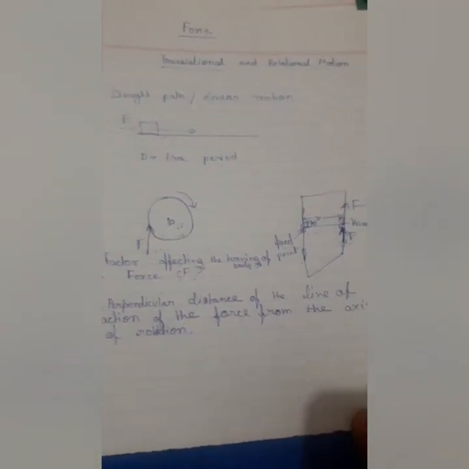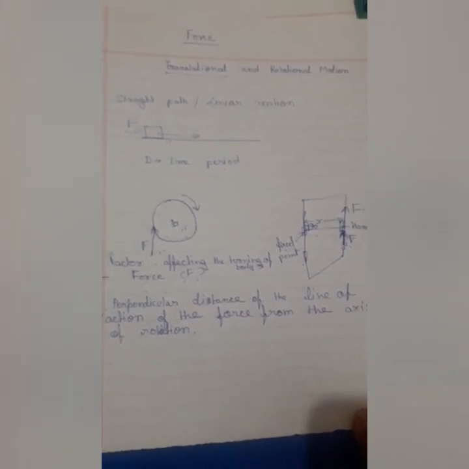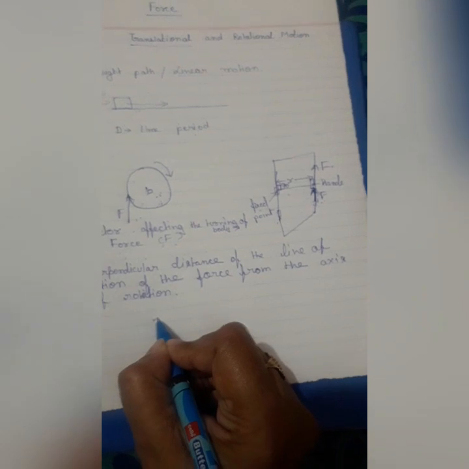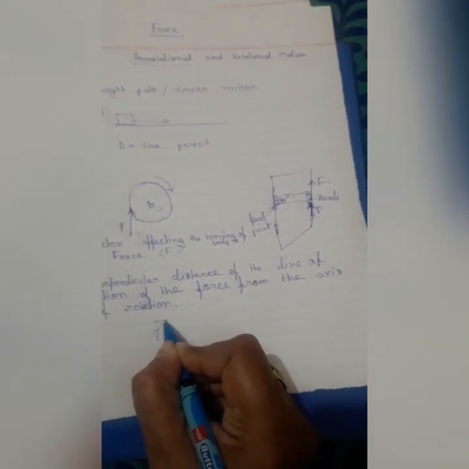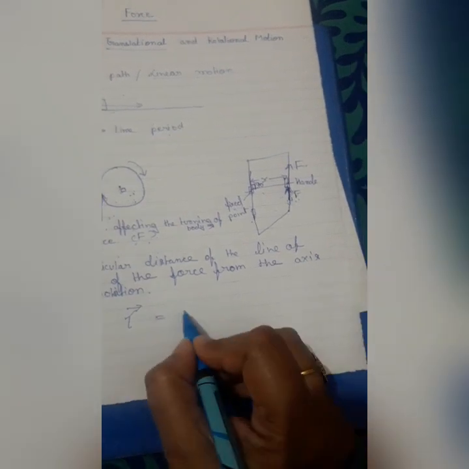depends on the product of both the above stated factors. This product is called the moment of force, and it's also known as torque. It's a vector quantity, thus the body rotates due to the moment of force about the fixed point. In other words, we can make a formula also. This is the symbol for torque, and we call it moment of force also, and that is equal to the